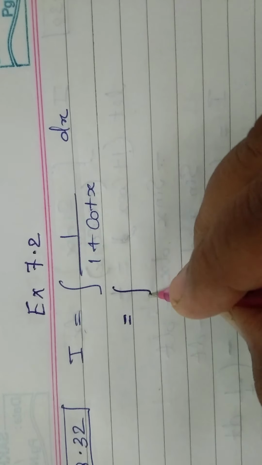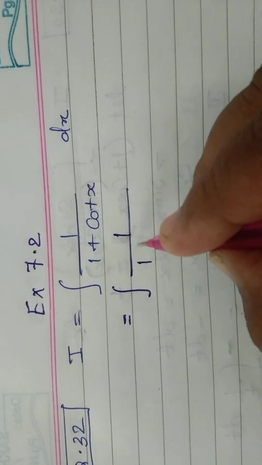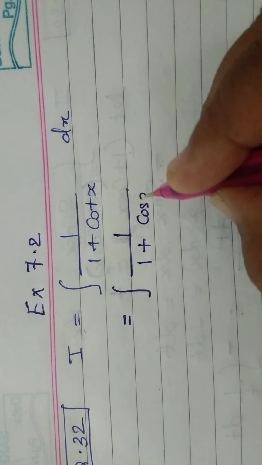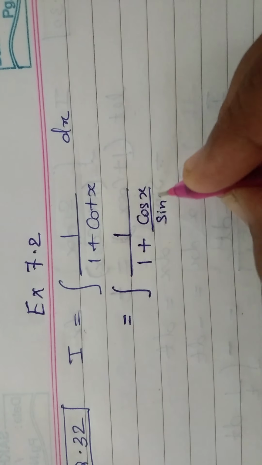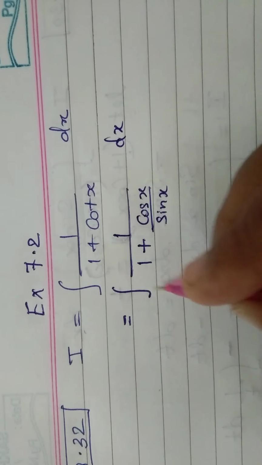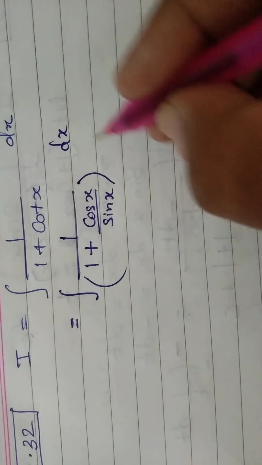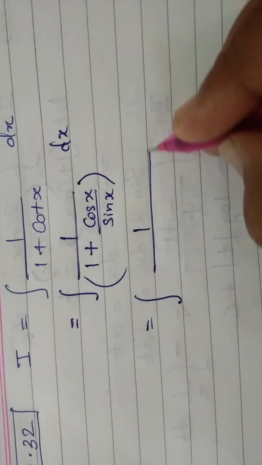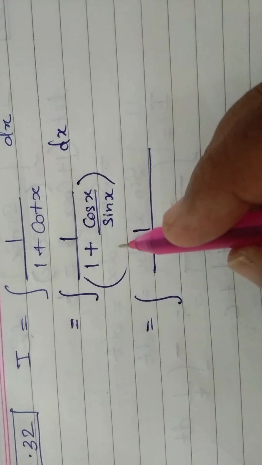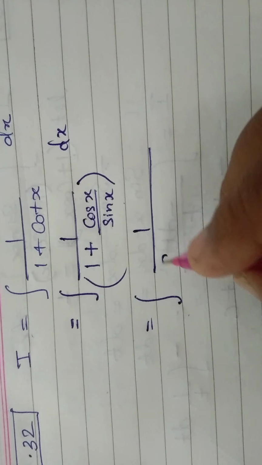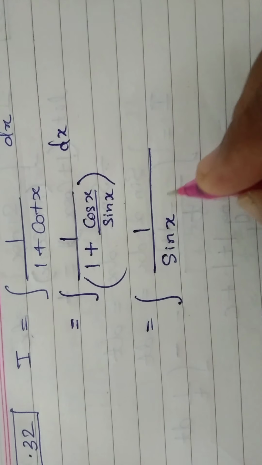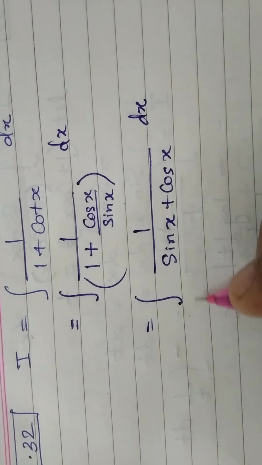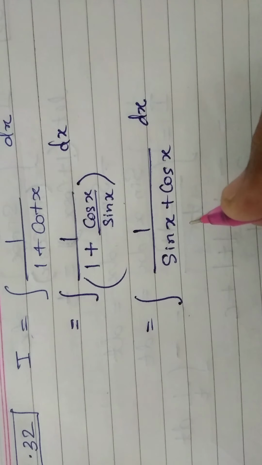I write I as integral 1 upon 1 plus this cot. I know that cot is going to be cos of x upon sine of x and dx. So in my denominator, I undergo some simplification. So I have integral 1 upon. Let me take LCM in my denominator. So 1 into sine x. So now I have sine of x plus cos of x into dx and the whole upon sine x.